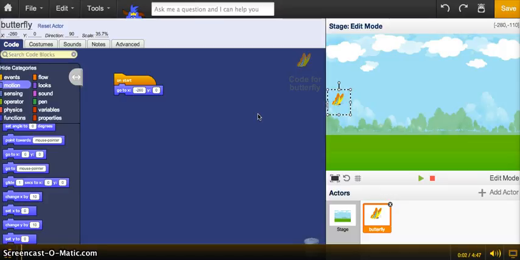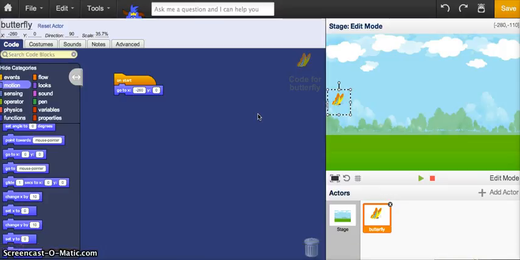So, now that we have our butterfly actor, or whatever you guys chose, that gets set to some initial position when we click the start button, now we want to start changing how this thing will move. So the way this is going to work is that we need to add what's called a variable to the